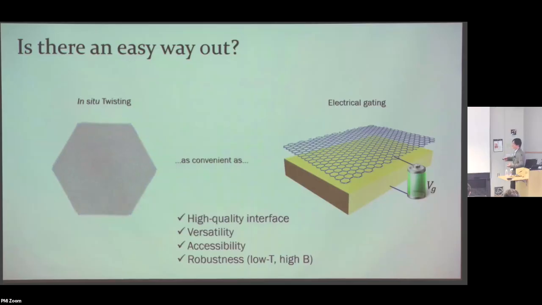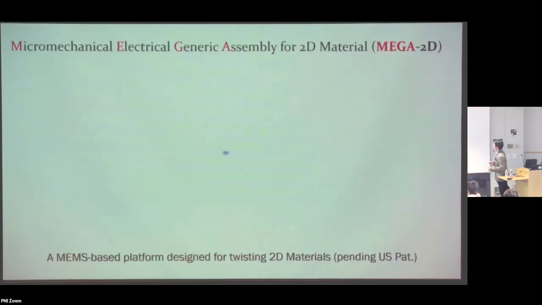So now if you put all these constraints together, and of course there's also one constraint that we want to keep the thing as simple as possible for the users, right? Then there are actually not many, or there is no available technology to do this. So I guess then I have to invent something new, right? So with that as the motivation, we have been working really hard in the past few years to develop this new platform, which we call Mega 2D, a new type of device which allows this to become the truth, to make this kind of dream come true. Okay.